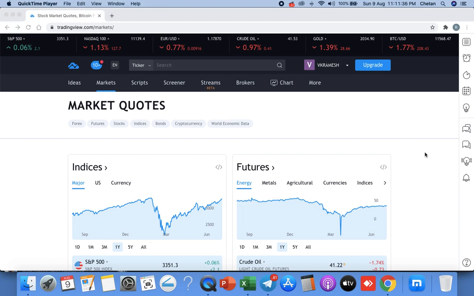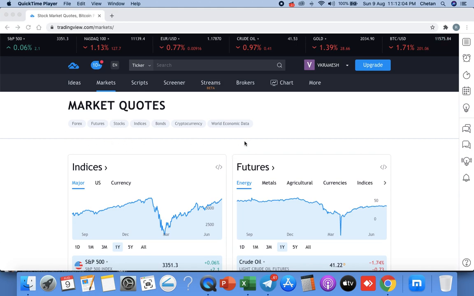The way I'm going to show you to backtest is through tradingview.com. Go to tradingview.com. You can create your own account. It is free, there is no charge for the basic features. You can test your strategy here. For coding in TradingView, there is something called PineScript. PineScript is the way to do backtesting of your coding or strategies.